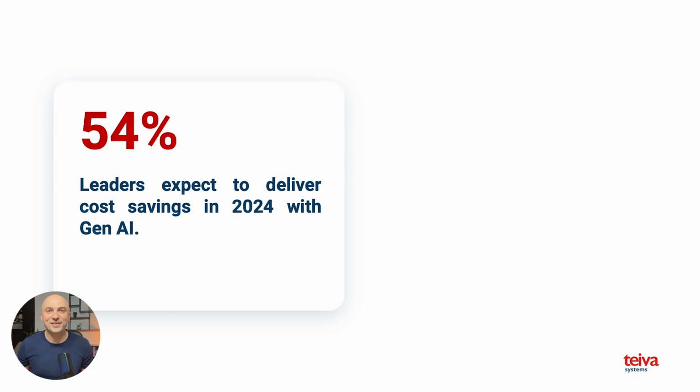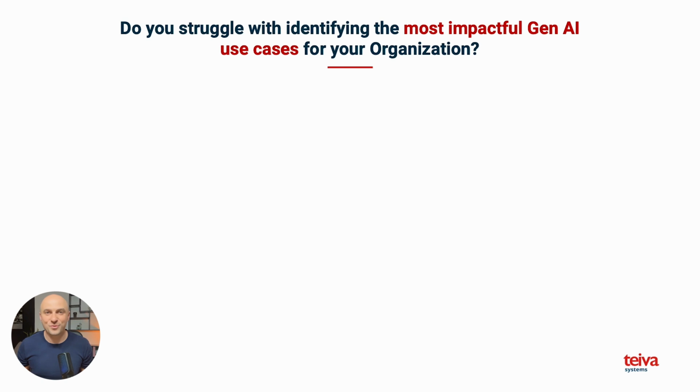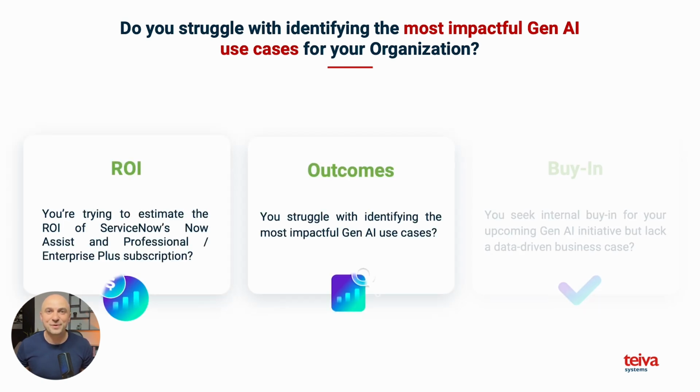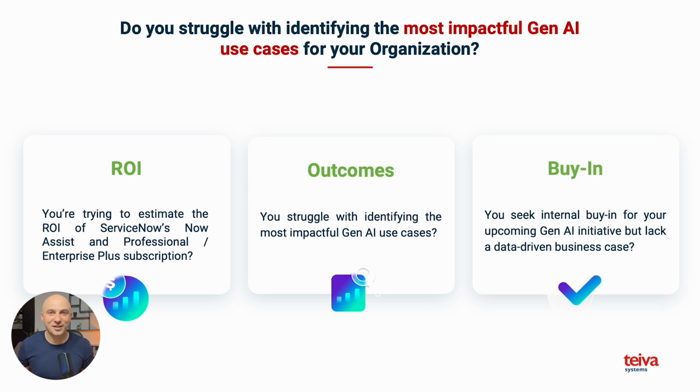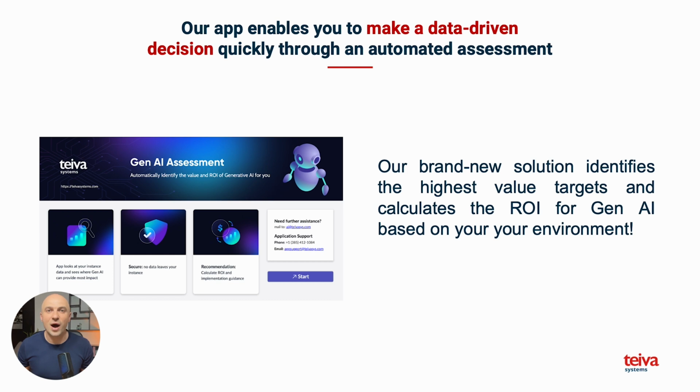54% of industry leaders rely on GenAI for cost savings in 2024, and there is a projected 10% reduction in cost. And what about your organization? Are you ready to join the cost-saving trend? Our app guides you through the process, from identifying impactful use cases to building a data-driven business case that secures internal buy-in. Many organizations face challenges in leveraging GenAI, so it's crucial to understand and maximize the ROI of tools